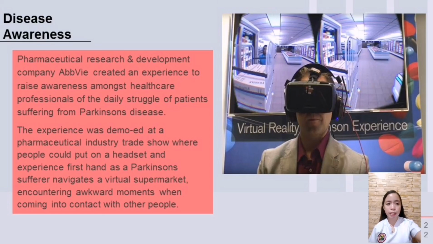Virtual reality makes it easier for the user to comprehend what type of issues patients face in their lives and how others can